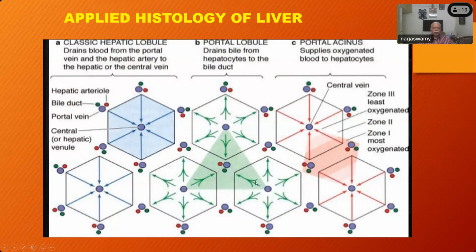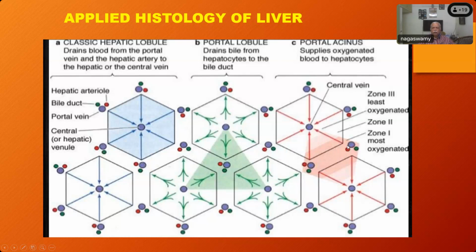So from the hepatocytes, when the bile is secreted, it goes towards the biliary canaliculi to be collected and then taken to the hepatic biliary ducts, then to the right and left hepatic duct, and then the common biliary duct. This picture of the somewhat rectangular, trapezoid shape, this is for the portal acinus, where the blood supply